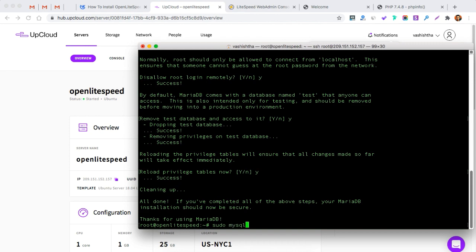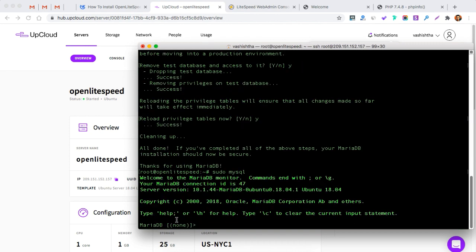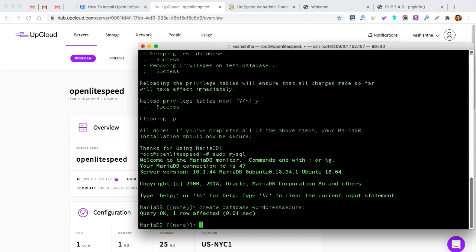So now is the time to get into the SQL. So sudo mysql, and then you can see I can now create a database. I will create a database called wordpress_secure with the create database command, and then grant all on the wordpress_secure database to my new user identified by my secure password.